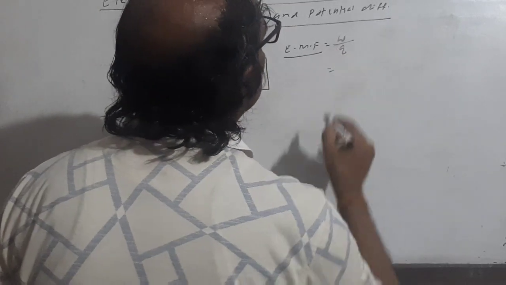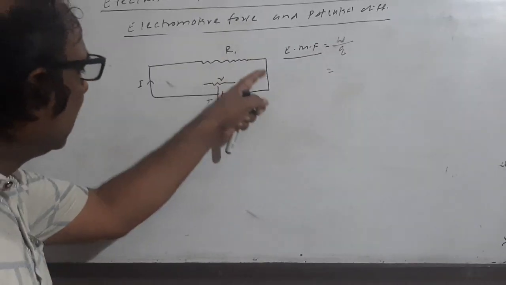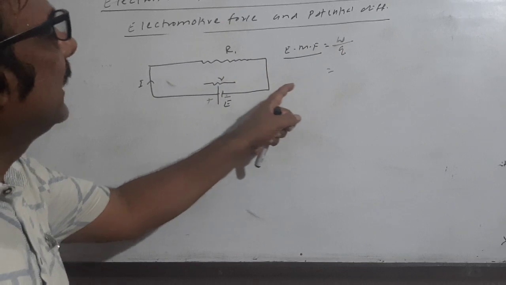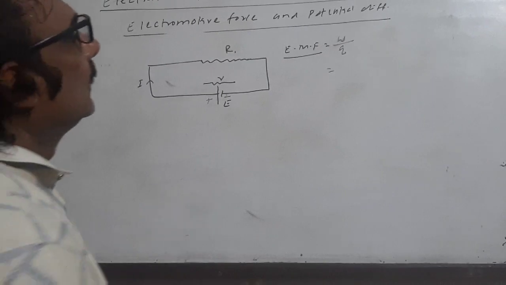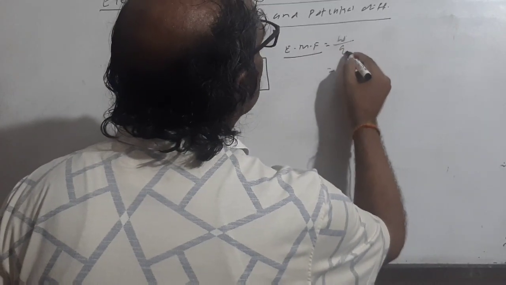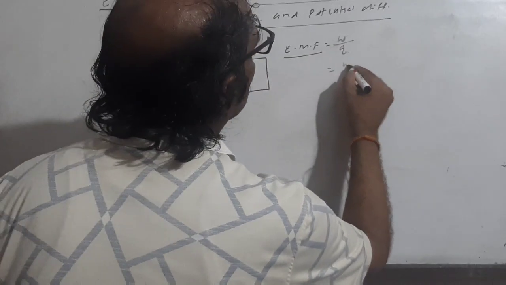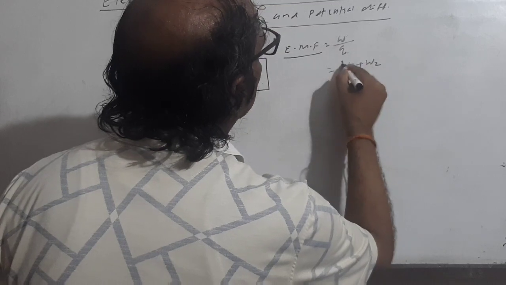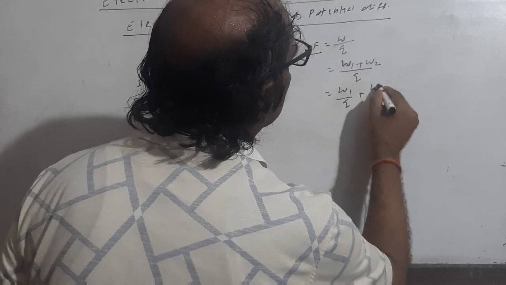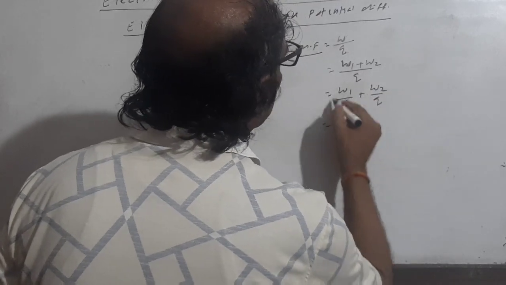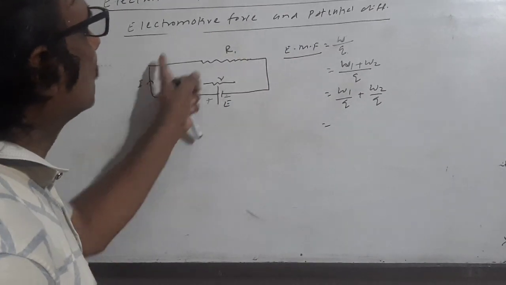And this is also defined as the energy supplied by a cell to establish the current in the circuit. So the energy supplied per unit charge is also known as the electromotive force. Now W by Q means work done by charge or energy supplied by the charge Q. And this work done is divided into two parts, W1 and W2, so this is written as W1 by Q plus W2 by Q. Work done by charge is the EMF if there is the flow of charge through the entire circuit.